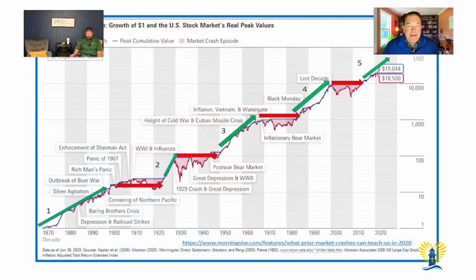We have another chart. It would be the second of these particular line graphs. Morningstar put this together. What I love is what they did: they attached some of the historical periods of time. They went back, Michael, to 1870. Now, we all know from the history books that the Civil War ended in 1865. And I want you to think about this. Put yourself back in that period.